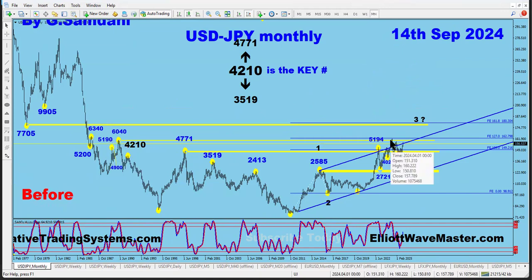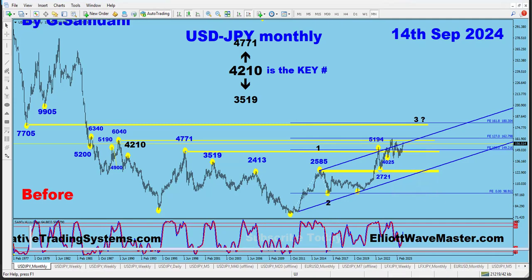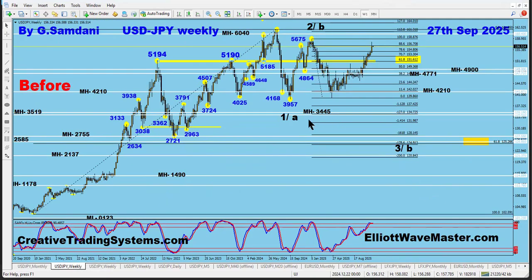Right. So when we were here, we pushed down, we went up again, we got pushed down here. So now this is again the same kind of pattern that we see in the yen index. So this could be A, then two of B, and then 1, 2, 3, 4, 5, or A, and then this whole thing is A, B, C, B, and then C will come down. Right, so if you pull the fib from here to here, we are exactly at 88% in USD yen as well.